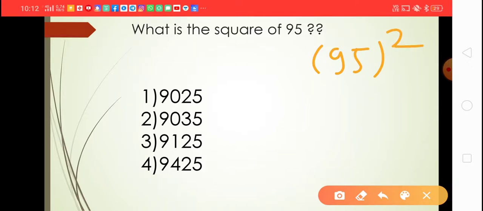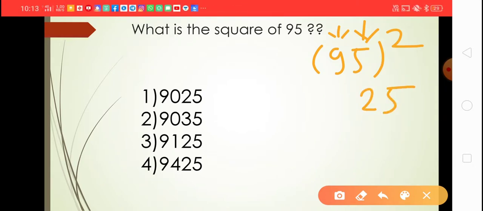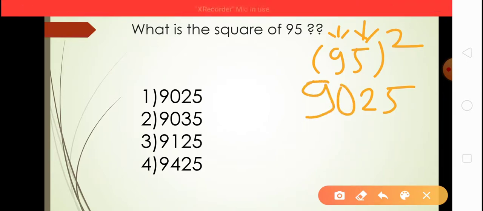But friends, listen carefully. This technique which I am going to tell you now is applied only for numbers which are two digits, and the second condition is that the unit place is 5. This is 9 and this one is 5. We have to write the square of 5, that is 25, as it is. Then with the first digit, we simply take this 9, add 1 to it, it becomes 10, and multiply, that is 10 into 9, it becomes 90, and this is nothing but the square of 95.